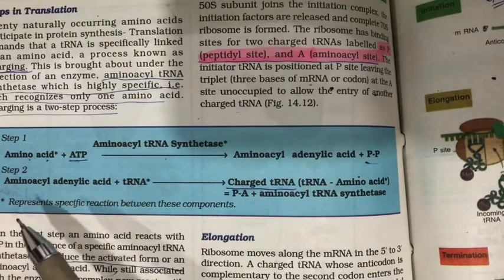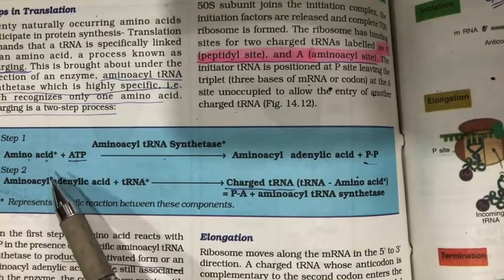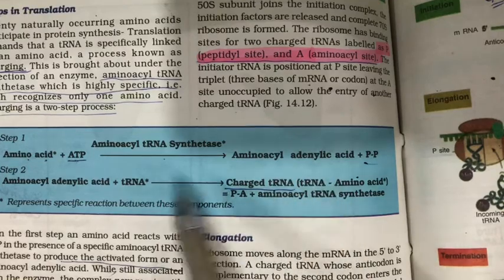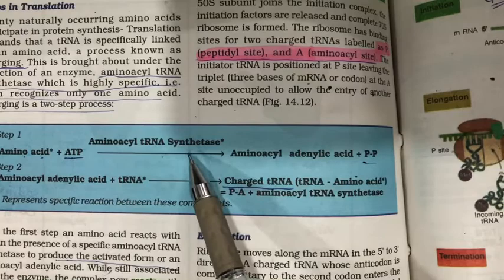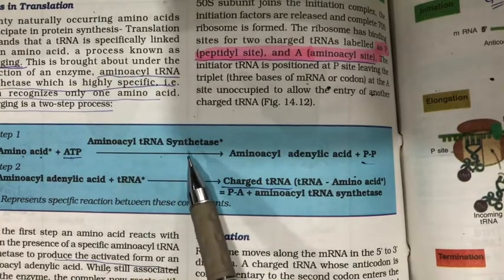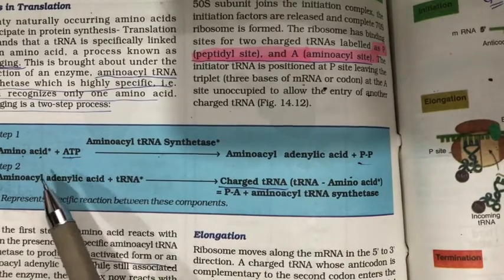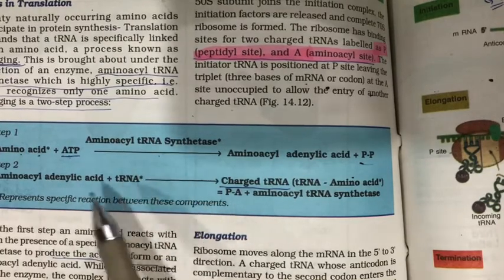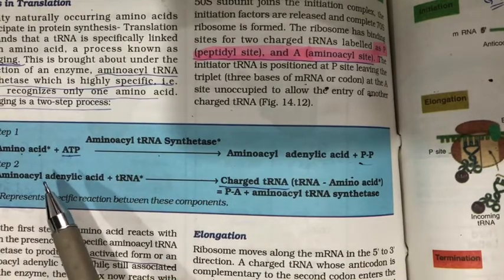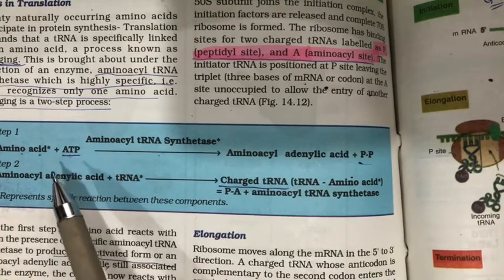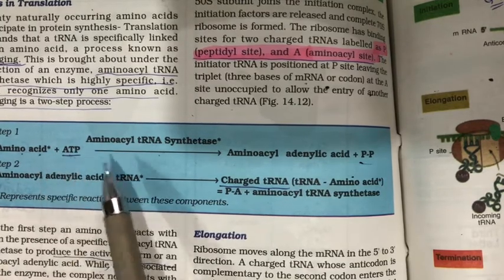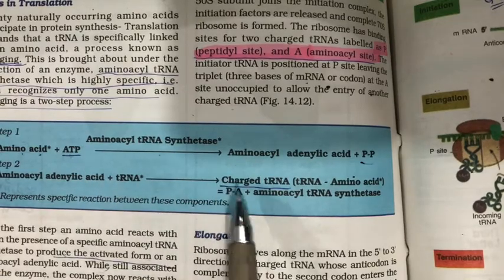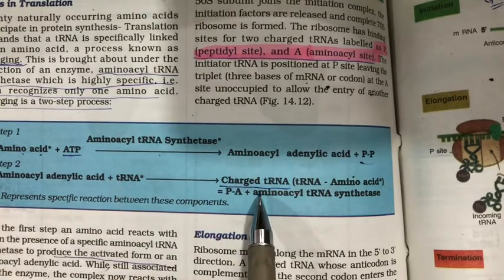Before the initiation of the process, the amino acids are attached to the specific tRNA in the presence of a specific enzyme, amino-acyl tRNA synthetase. These enzymes are specific because the amino acids are specific and the tRNA carrying them is specific. So the step prior to initiation is called the charging of the tRNAs. This is an energy consuming process, and the tRNAs will be charged, added up with the amino acids.